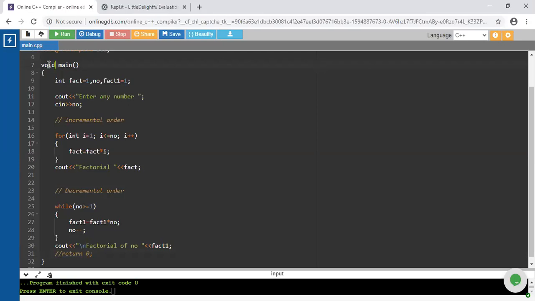Because if there are n number of functions in that particular program, then the compiler is going to be confused about which function you want to start the actual execution from. So by default, main is the first function from which your program is going to start. That's why this is called the main function. For each and every programming language, there is one main. Main is the starting point or entry point for each and every program. Okay, guys, clear about what is meant by the main function?